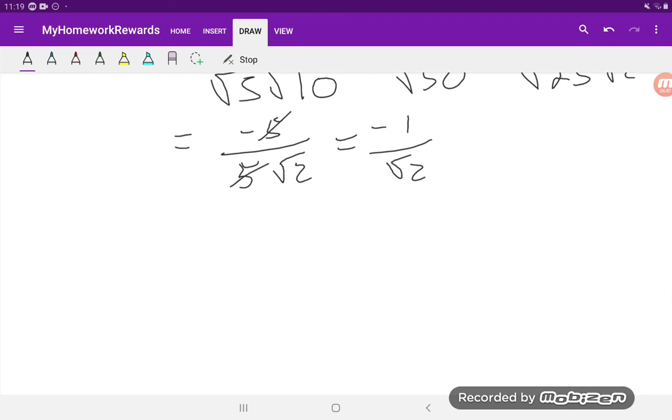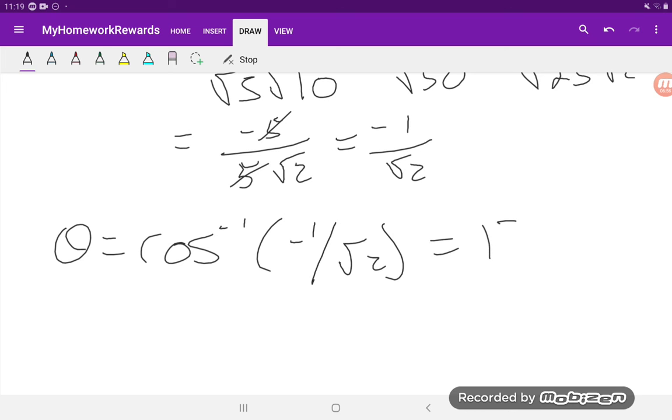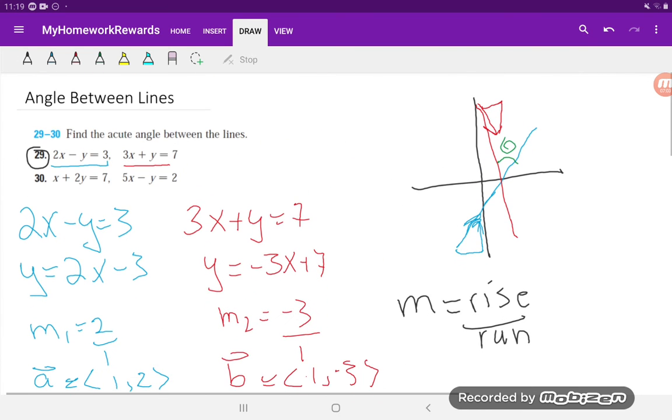Now, when you do the cos inverse of this, your calculator might give you 135 degrees. Let's go back to our drawing and see what that means. 135 degrees is a big angle. It's not going to be what we were looking for, which is theta, or the acute angle. Rather, what we found was this angle over here,